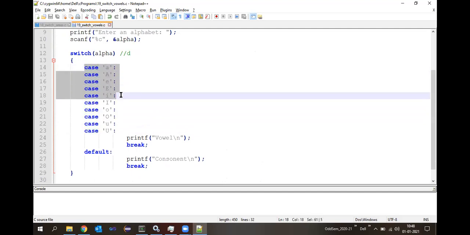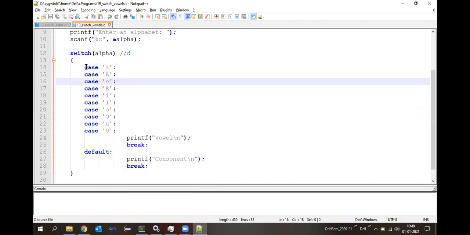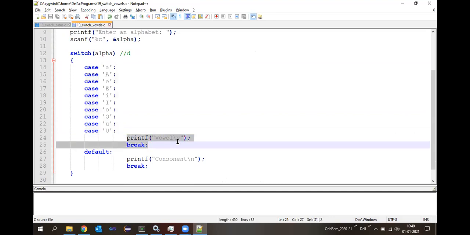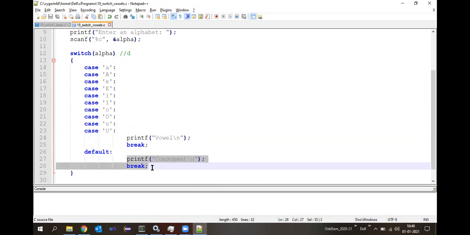In that case we need not write the break statement. Let us group them together and have only one corresponding set of statements which will execute. And for the remaining, the default, we can have another set of statements.